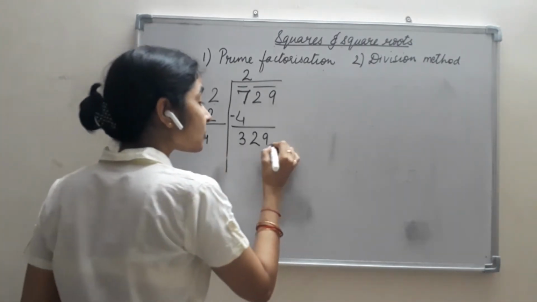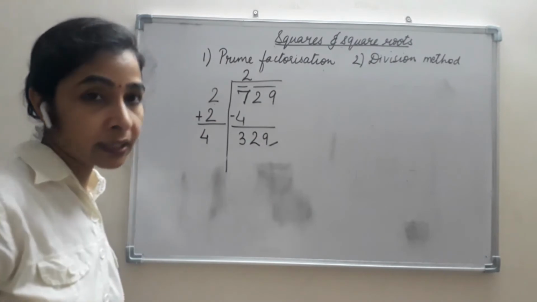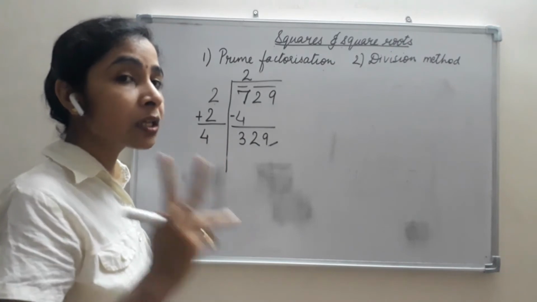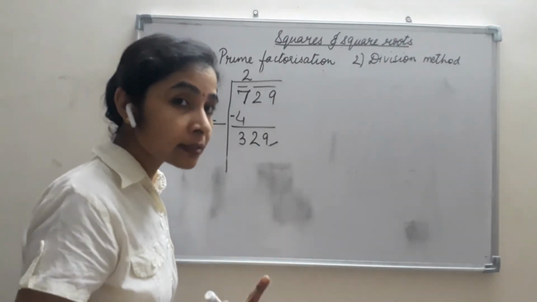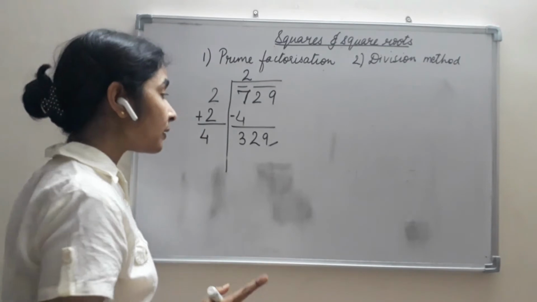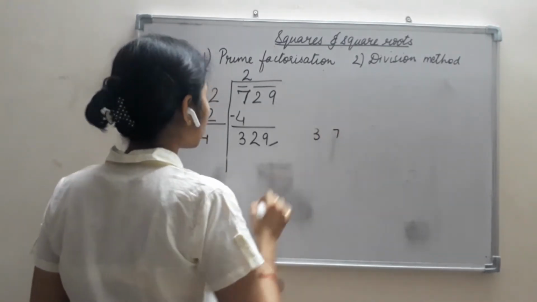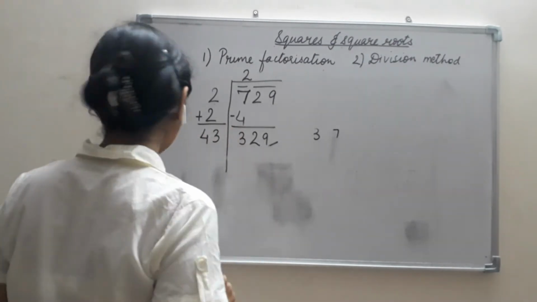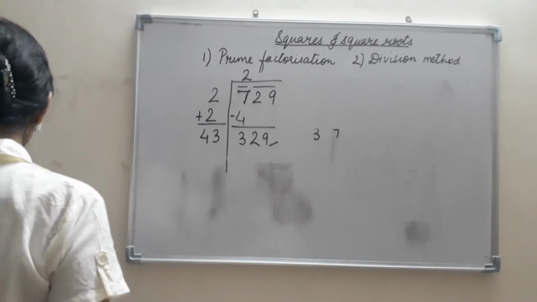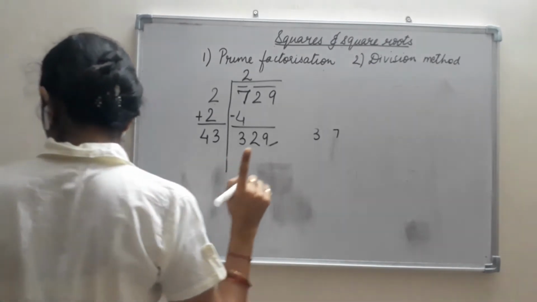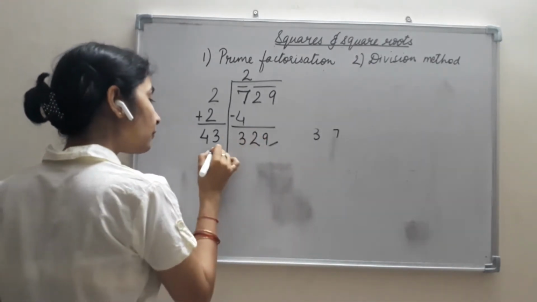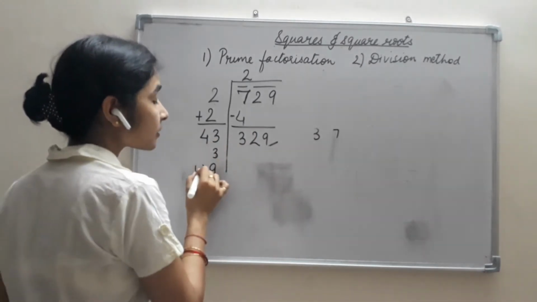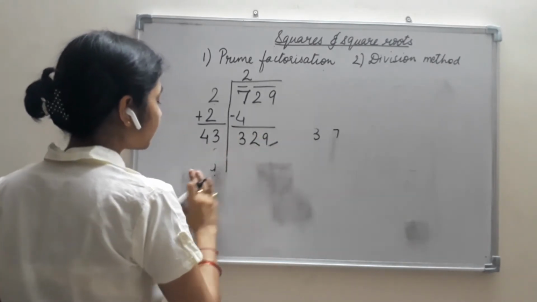Now it can be a perfect square number because we are having 9 in the end. Okay, now if we are having 9 in the end, so if two numbers give 9 at the units place when multiplied by itself, one is 3 and the other is 7. So either I can put here 3 or I will put 7, because then only I can get 9 here. Now which should I put? So let us try. First I will try with, what should I take first? Yes, 3. So 3 3s are 9 and 3 4s are 12. I am not getting this number. So now I will try with 7. Let me put here 7.